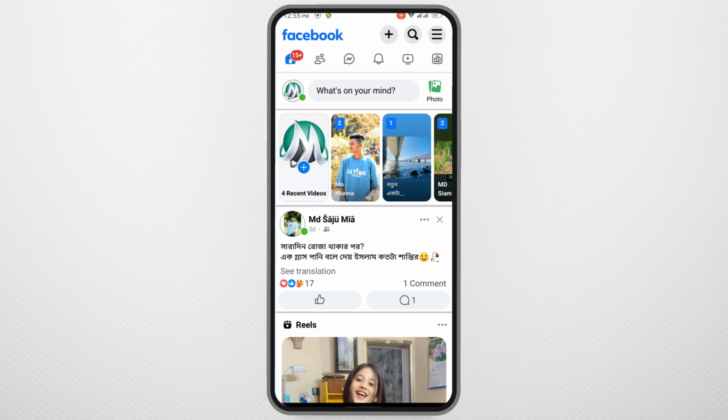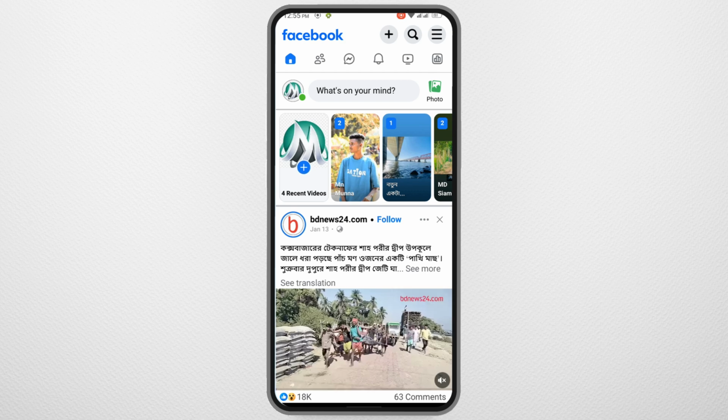Want to delete your Facebook account using Facebook Lite? In this video, I will show you exactly how to do it step by step. Let's get started. First, open the Facebook Lite app on your phone and log into the account you want to